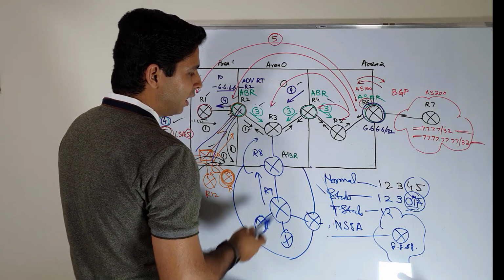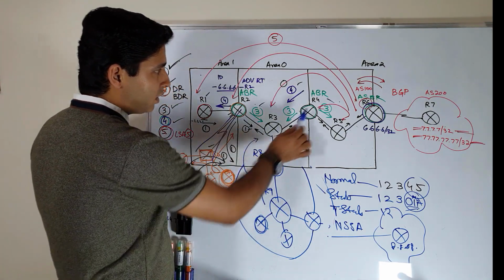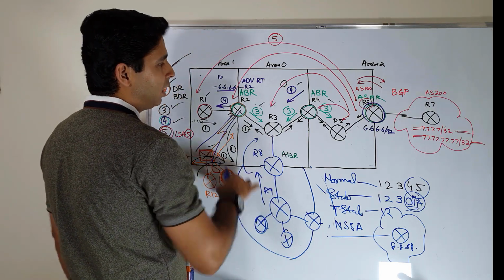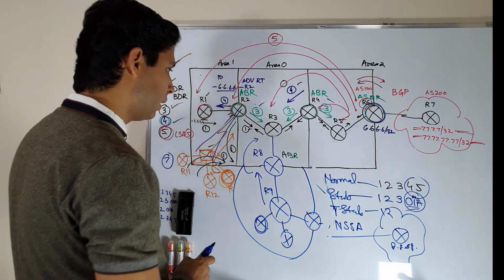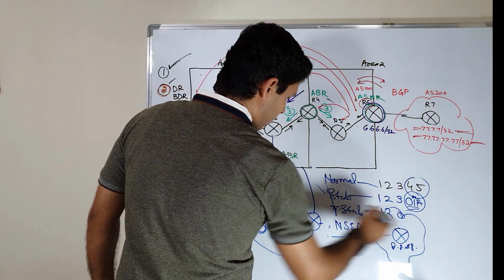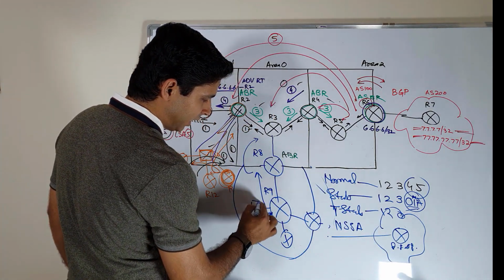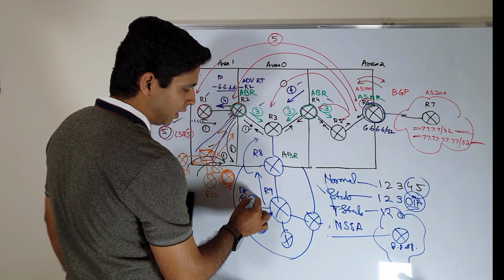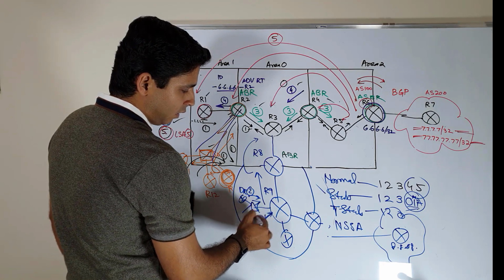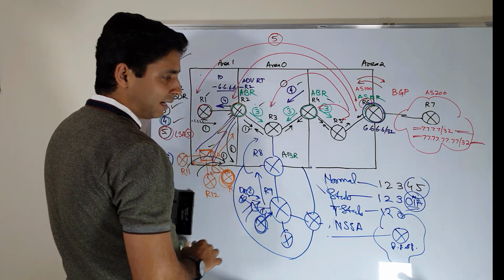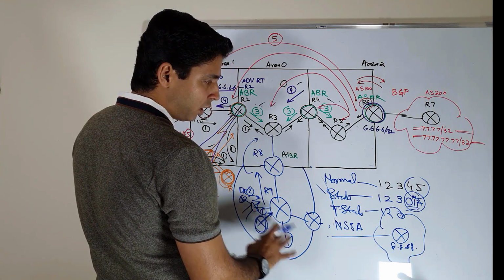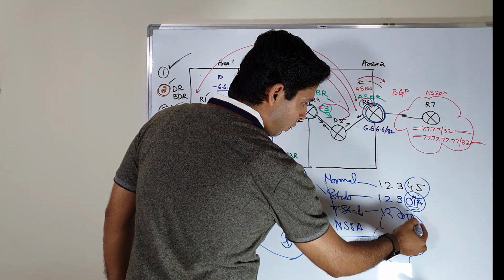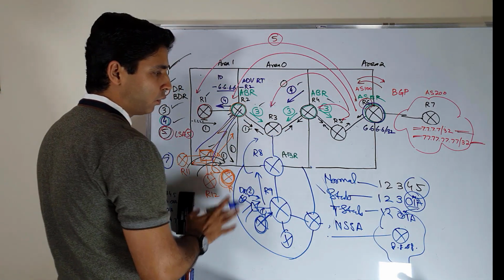But for a totally stub area, even these routers, they don't know how to reach these routers. It only has one default route which brings it to the ABR, and then the ABR will further route it. But it will have the internal routes. If we have a multi-access segment here, it will have the DR, and from the DR it will have the LSA type 2. Then all of these will also exchange LSA type 1 with each other. So in a totally stub area, it is LSA type 1, LSA type 2, and again a default route for everything else. These routers don't know the rest.